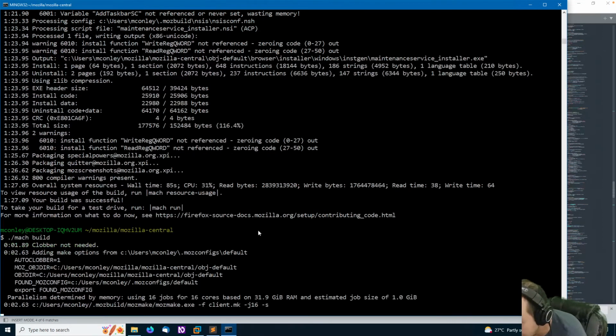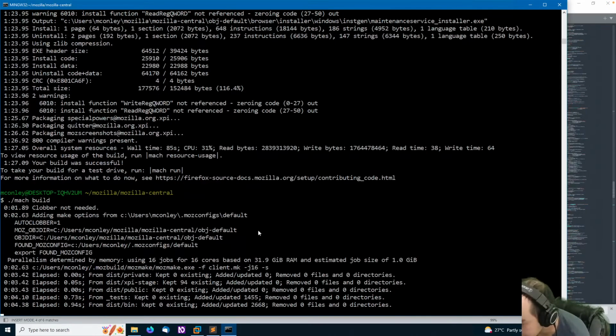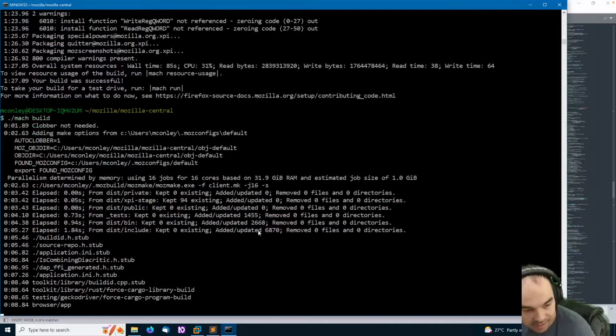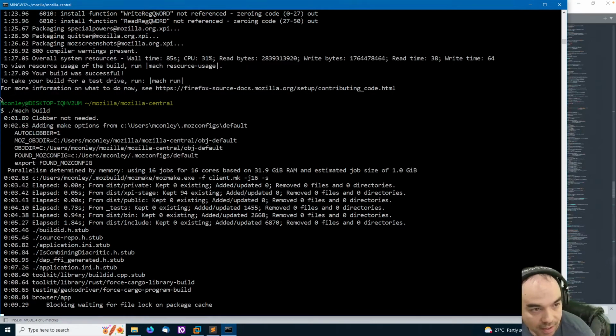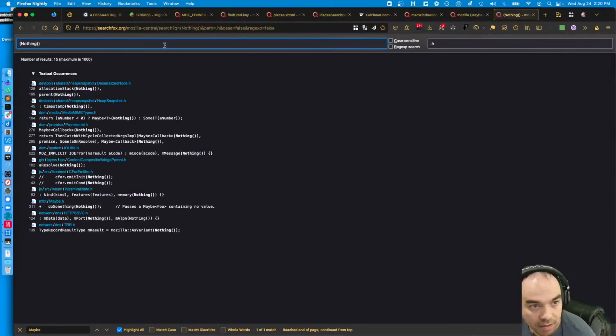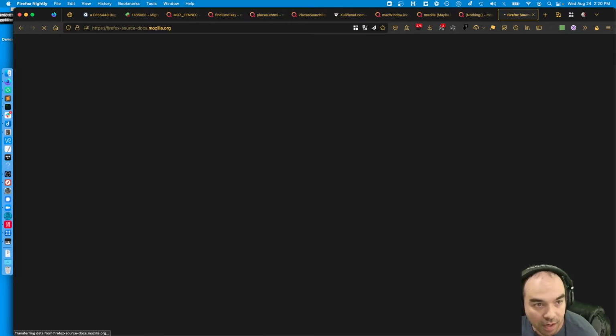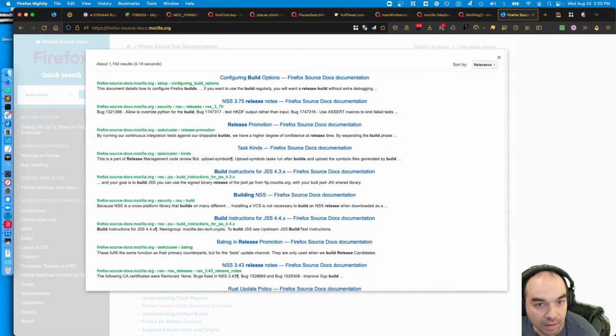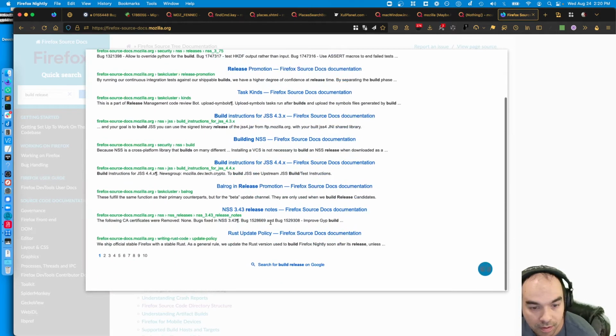A question from Loopy750. Hey, is it possible to compile Firefox release version instead of nightly? Yes. I think there is documentation on Firefox source docs. Build release. Configuring build options, release promotions.